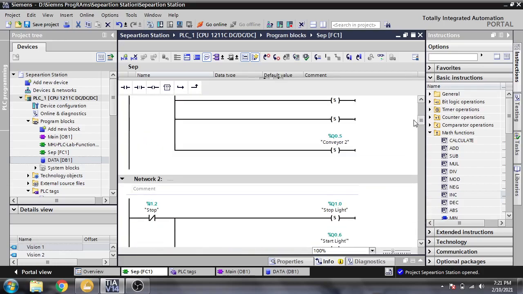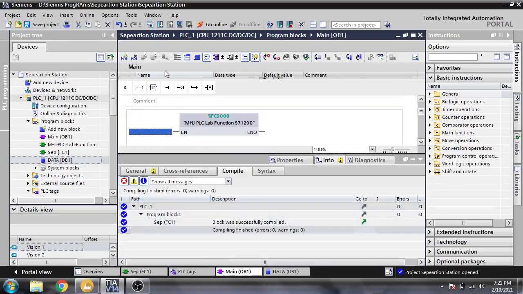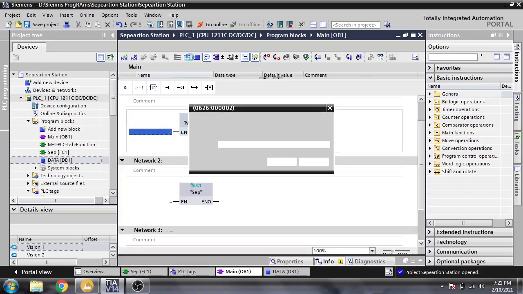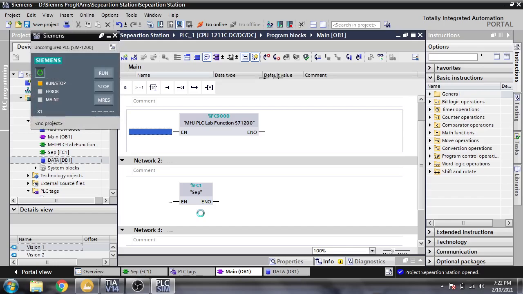So I am just going to compile that one, and compile that one also, and we are going to download into my PLC sim to check. It is going to download.